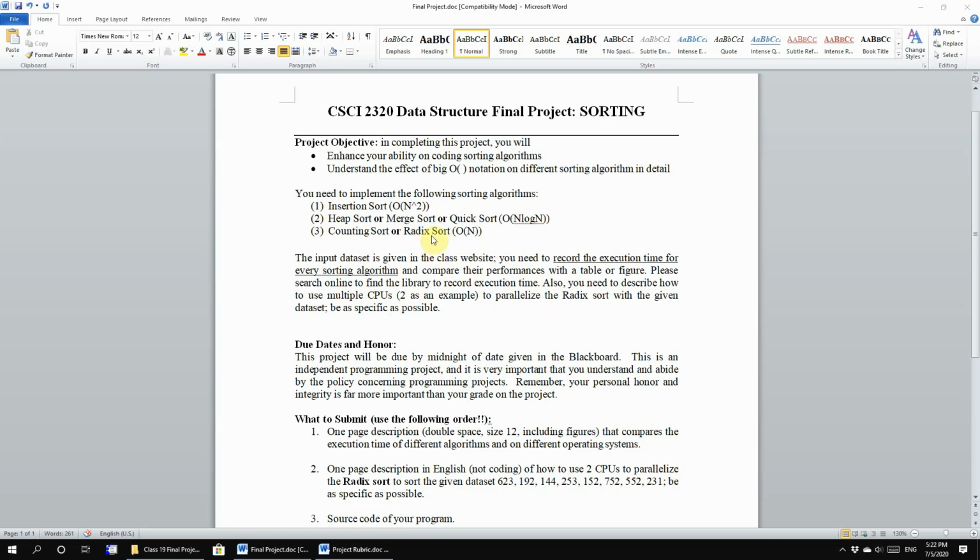So saying that you try to parallelize is not enough; you need to know how to use 2 CPUs to parallelize the code for a radix sort. Of course, you don't really need to write the code because this class is not about parallelization, but I want you to think, if you know how to use 2 CPUs, how would you make your radix sort run